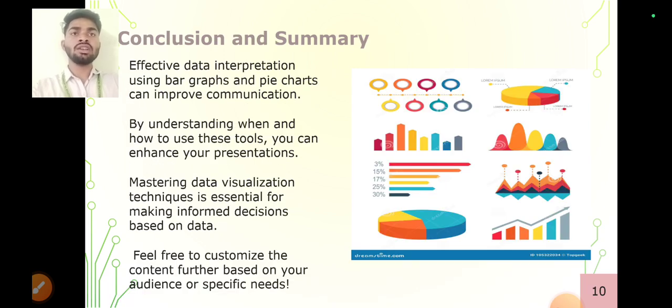Conclusion and summary. Effective data interpretation using bar graphs and pie charts can improve communication by understanding when and how to use these tools. You can enhance your presentation, mastering data visualization techniques and interpretation for making informed decisions based on data. Feel free to customize the content further based on your